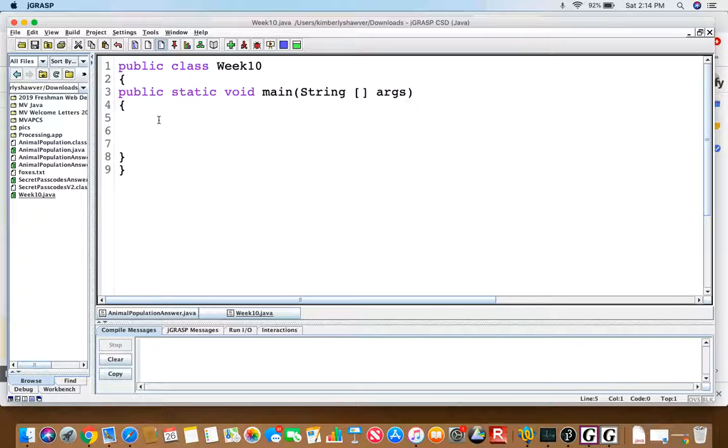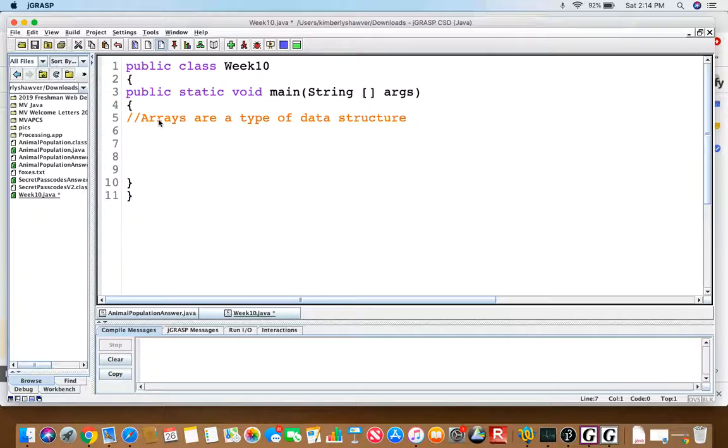This week we're gonna start working with loops, for each loops, and arrays. So arrays are a type of data structure. They allow us to store elements of the same type. So for example, if I wanted to create an array holding just integers, I first have to tell Java the